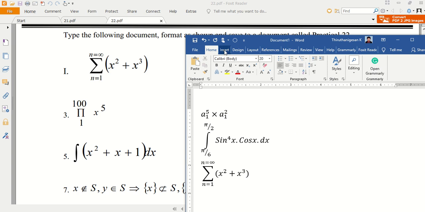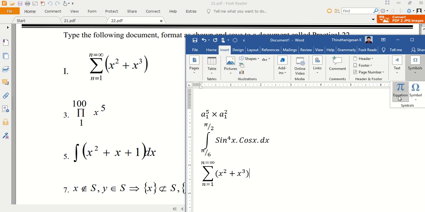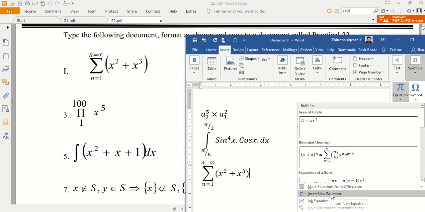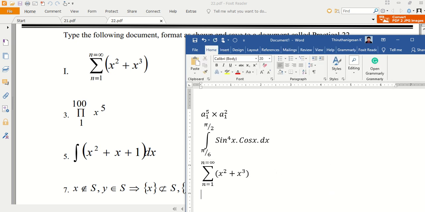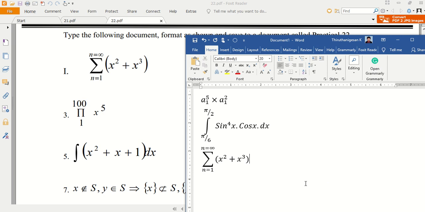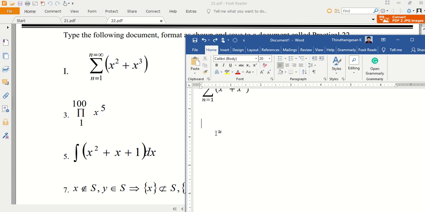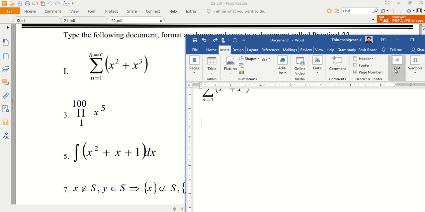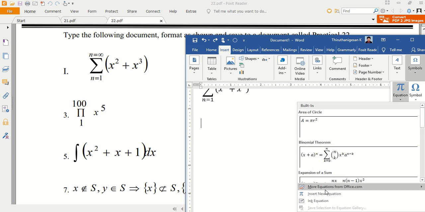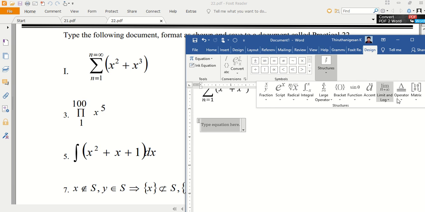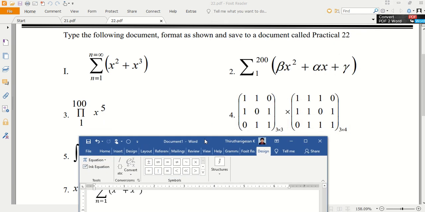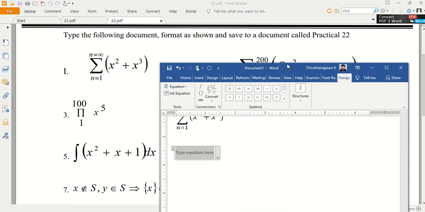If you want to insert a matrix, go to Insert Equation, Insert New Equation, Matrix. Here I want one 3 by 3 matrix and another 3 by 4 matrix.